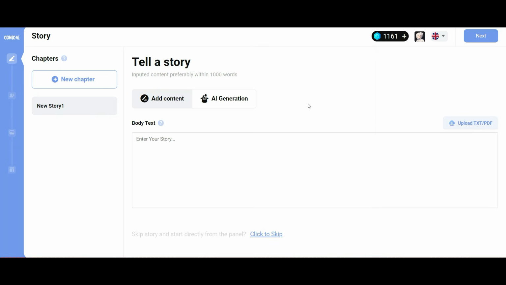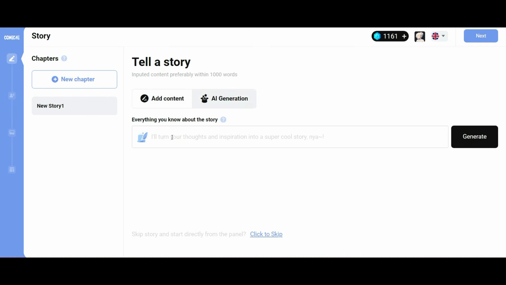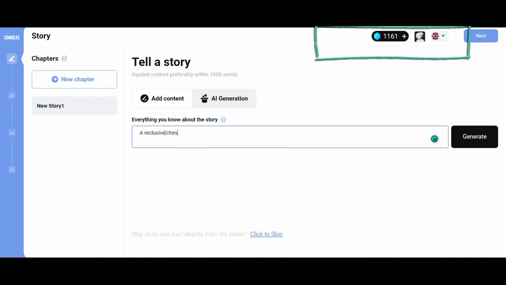If you have the story, great. If you don't, you can use AI to generate the story for you. The great thing about COMICAI is that you have a whole lot of credits that you can use every single day to generate your comics. So that's pretty cool. What we're going to do is give it a simple prompt, and I'm going to give it one that's about a reclusive chess player who is secretive about where he gained his skills from. And as soon as I start generating that,